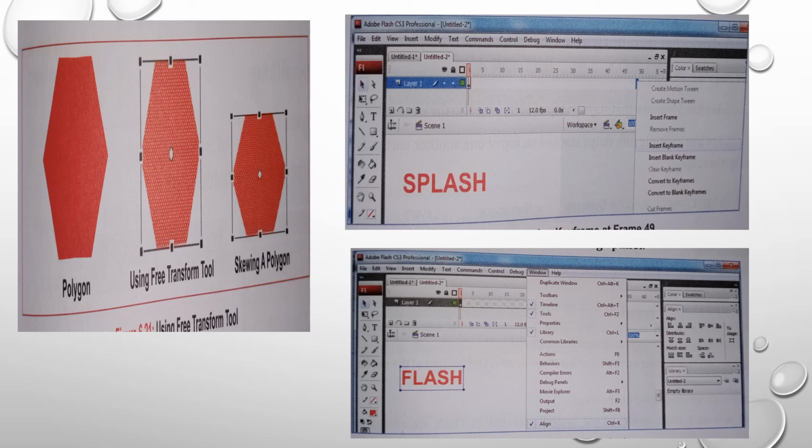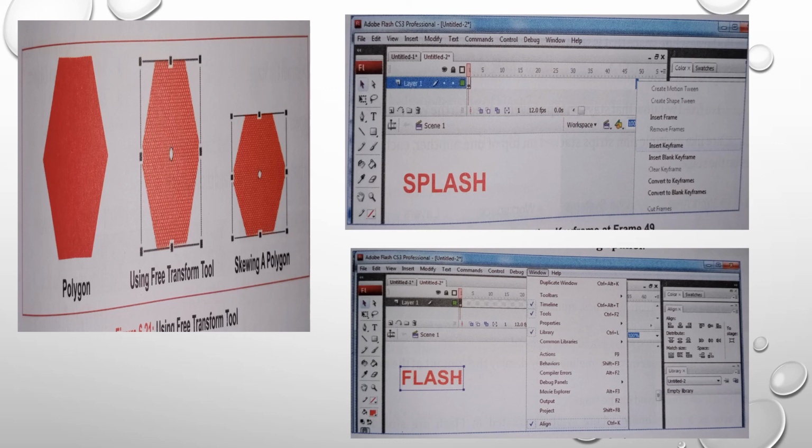Similarly, insert a blank keyframe at frame 24. Type some new text and then align it to the horizontal center and vertical center. Break apart two times the text in frame 1 and frame 49. Click anywhere between frame 1 and frame 24 in the timeline.